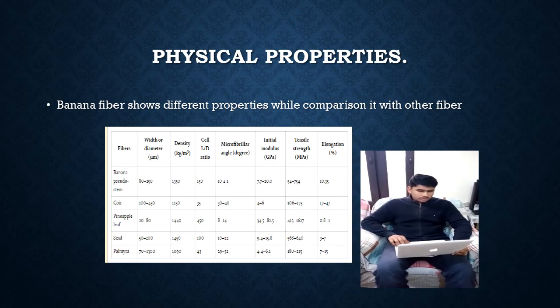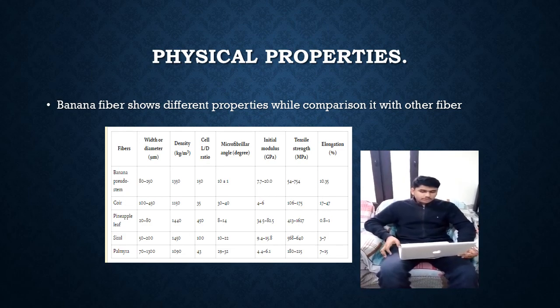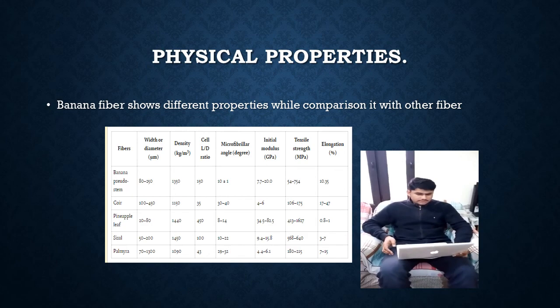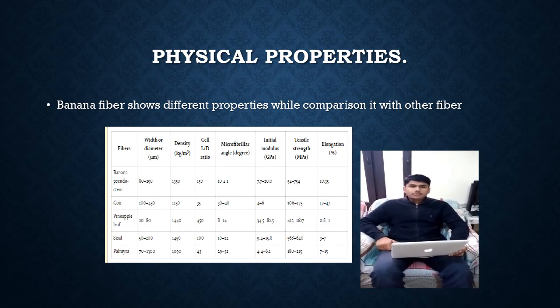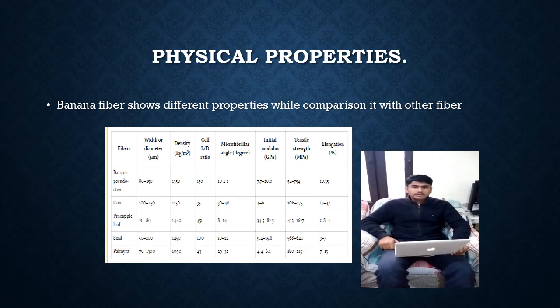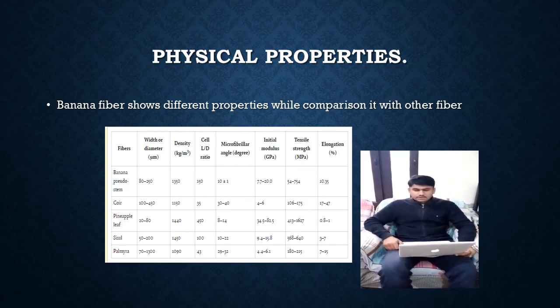In the first column you can see the width or diameter of banana fiber, coir, pineapple and sisal fiber. Banana fiber varies very differently from other fibers. You can simply understand by reading it. It has very small elongation. It has a good shiny appearance depending upon the extraction and the spinning processes. It is a highly strong fiber. It means it cannot be easily changed into other form by using forces. It absorbs as well as releases moisture very fast. Its elongation is 6.54.